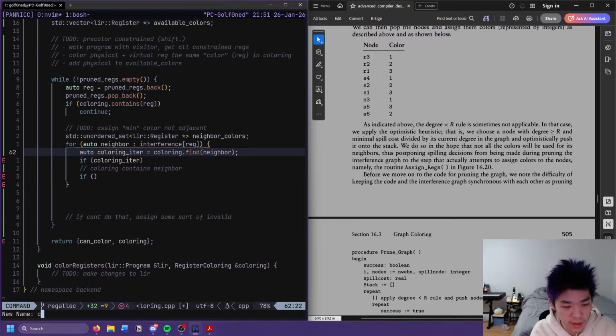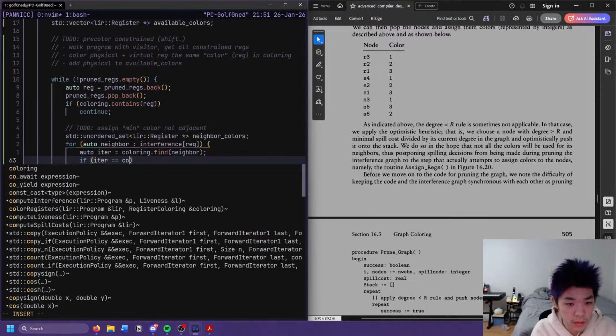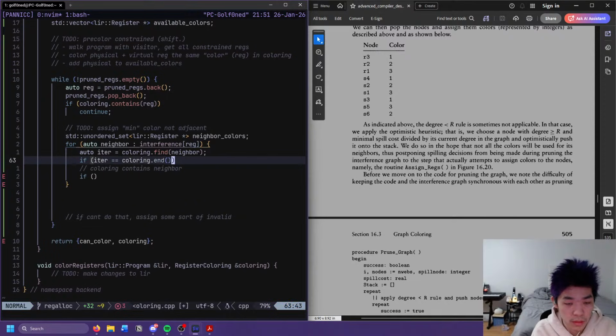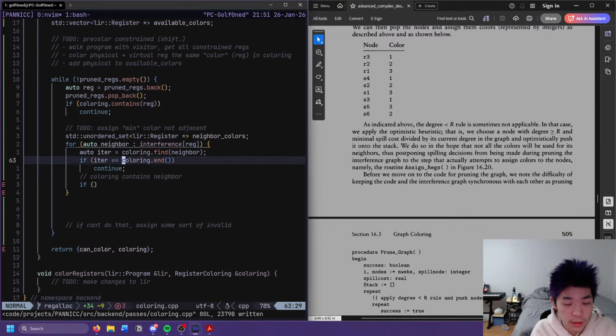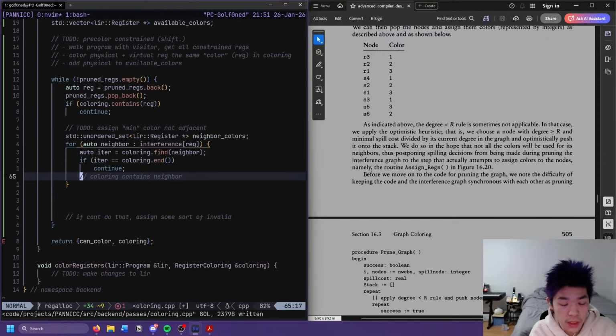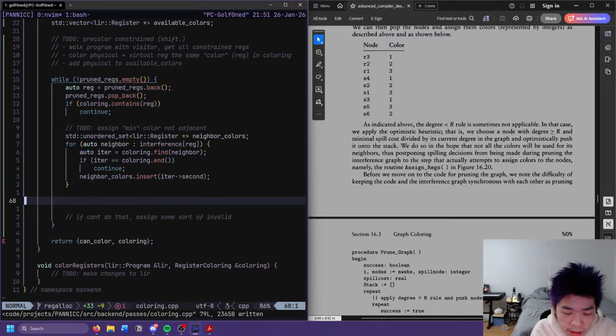This is verbose. So if it's end, then continue. So it exists, so then we just want neighbor colors insert iter second, I think is the right one we care about here.